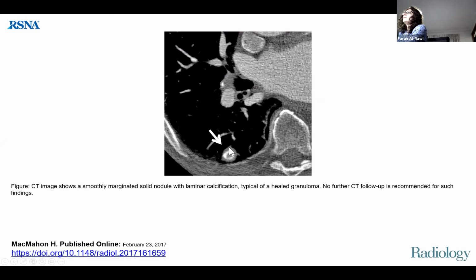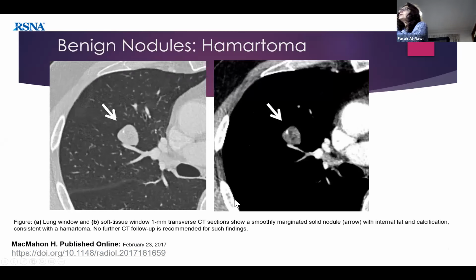This is another example of one. This one's quite big. They're usually very small, and as I said, they're usually multiple. Another benign nodule is a hamartoma. Again, this is benign. It does not grow. It does not change into cancer. What gives it away is that it's usually very well circumscribed. You can see this low density, that's fat, so it's got fat in it, and there's also calcification in it. They vary in their appearance, but when we see all these three features, we know this is a hamartoma and we do not worry about it. So whenever you hear hamartoma, again, this is something you do not have to worry about or follow up.